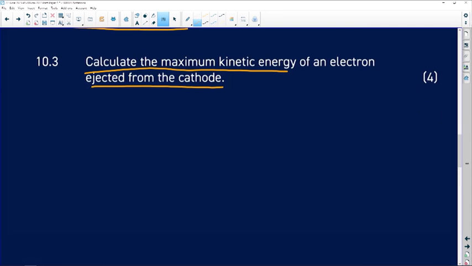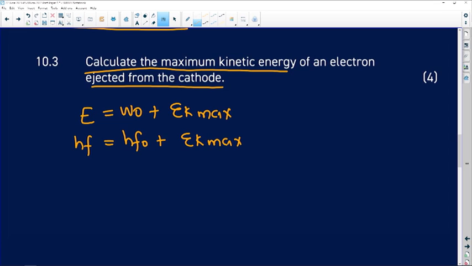Let us now go to our formula. We know that E equals W naught, which is the work function, plus EK max. Therefore E we can expand to hf, which will be equal to W naught plus we are looking for the EK max. So there's no need for me to expand the EK max. Now this h is always constant. It's called Planck's constant. So I have 6,6